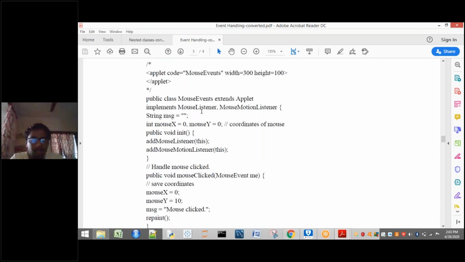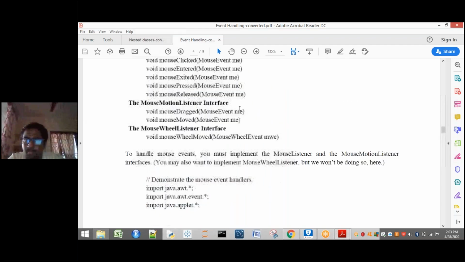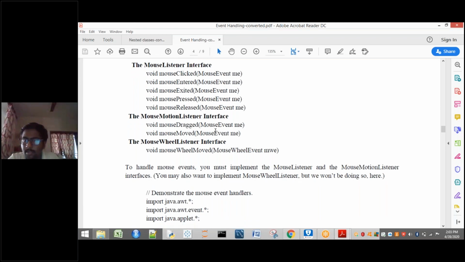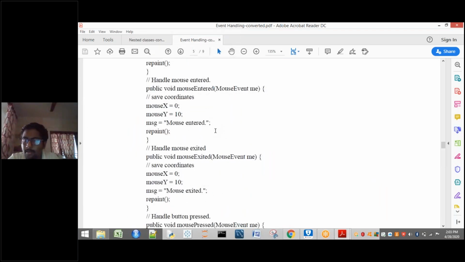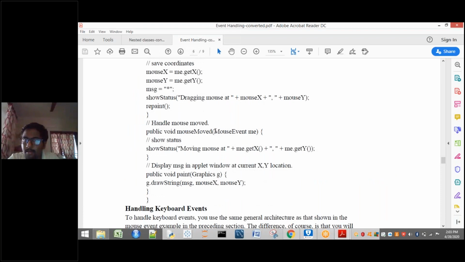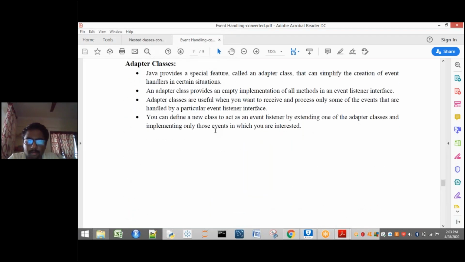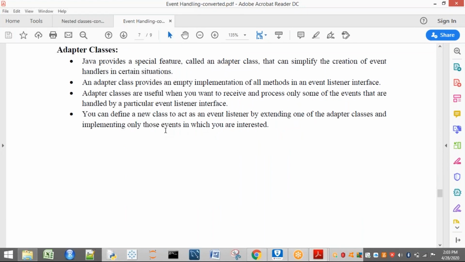In mouse listener, how many methods are there? 5. In mouse motion listener, 2 methods. Total 7, so it is compulsory to implement them, and I have implemented all these 7 methods in my program. But now my requirement is I want only 1 or 2 methods to be implemented. Is it possible by using listeners? No, it is not possible.